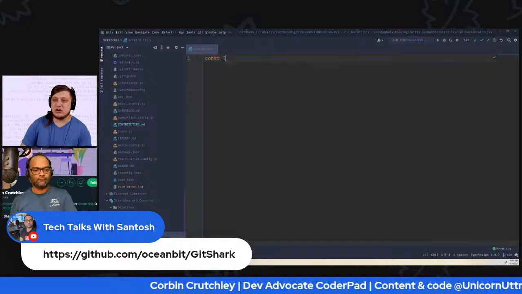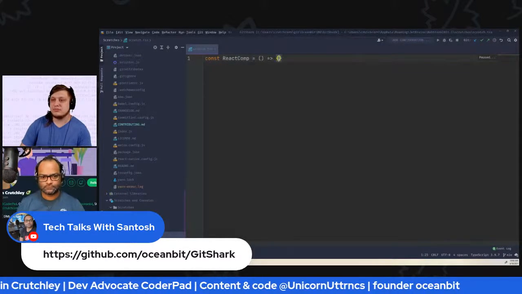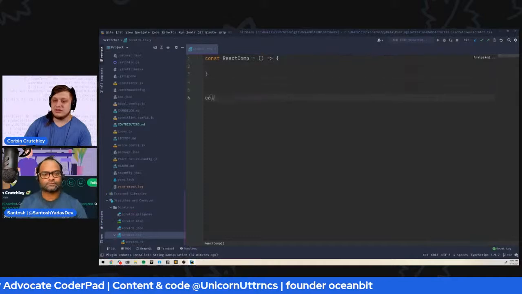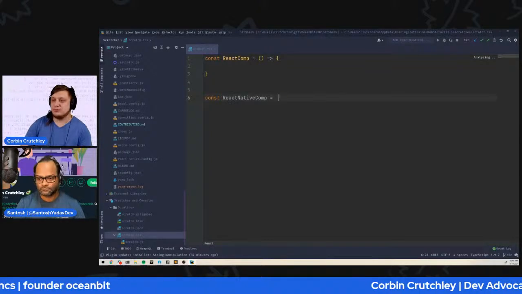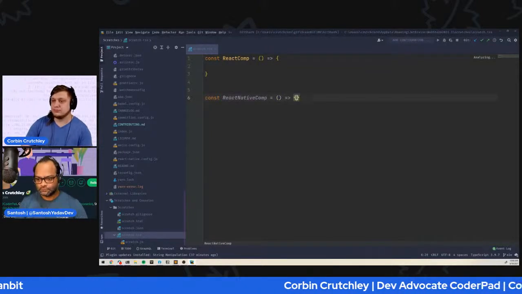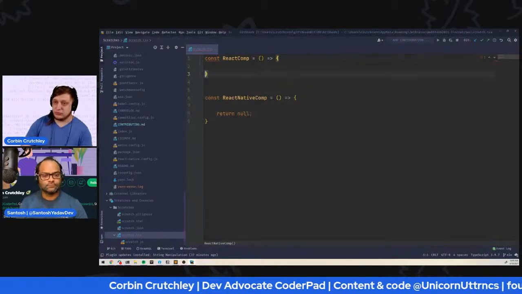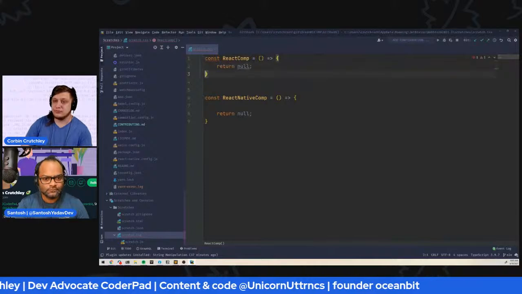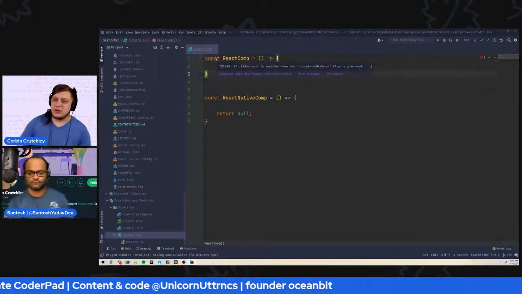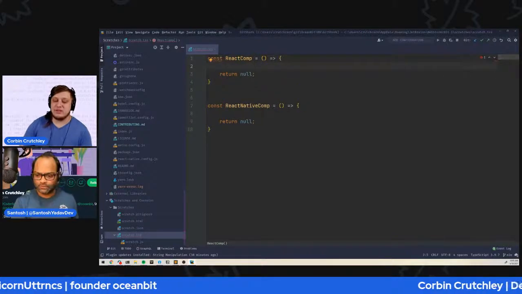So let's say const ReactComp and const, I can spell, ReactNativeComp. So both of these are valid React components right now, right? I don't know why that's giving you an error, but the only difference is when I do